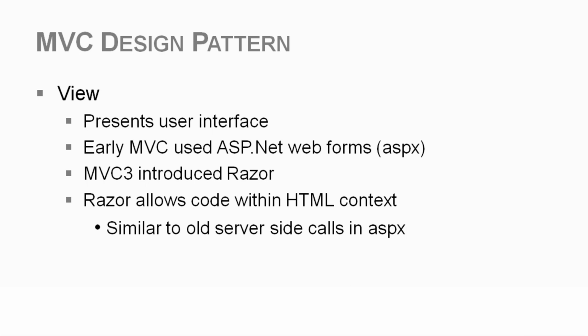Our view primarily presents the user interface, and that's really its only job. The early MVC versions actually used ASP.NET Web Forms, ASPXs, for the view. In MVC 3, Razor was introduced, and what Razor does is it allows code within HTML. This is sort of like the old server-side calls in ASPX. So as you'll see, we can actually do for loops within a data collection in order to generate HTML. So if you remember the old ASPX repeater control, that's extremely easy to replicate in Razor without actually having to